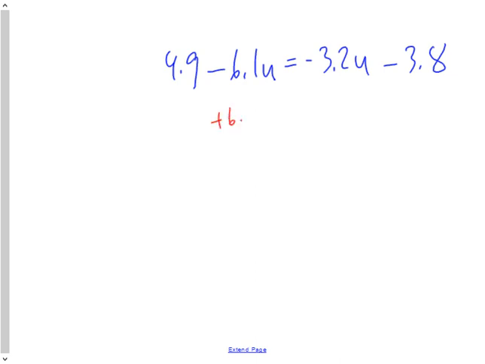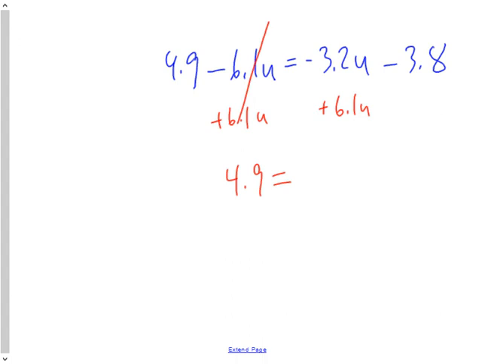The third question, very time-consuming questions here, but anyway, 4.9 minus 6.1u equals negative 3.2u minus 3.8. This is identical to question A. Very little difference between the two. I'm going to add 6.1u to both sides. Get rid of it here. I got 4.9 is equal to